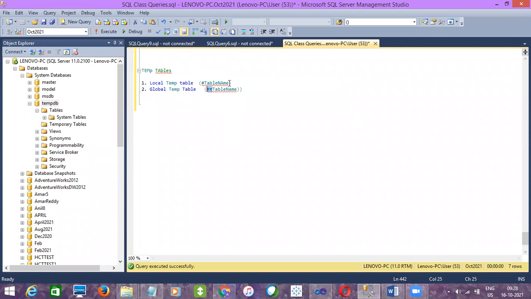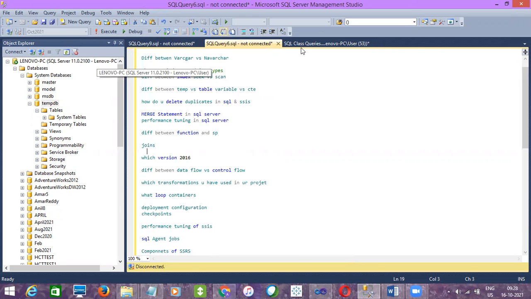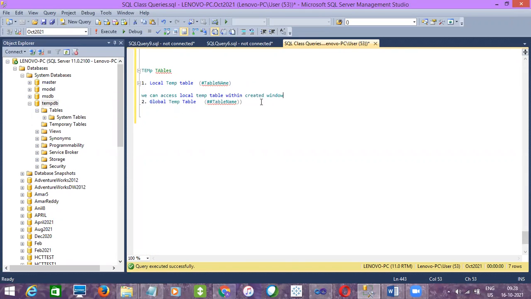A local temp table can be accessed only within the created window. This is one window and this is another window, and the entire set of windows we call a session. Whereas a global temp table can be accessed within the entire session.